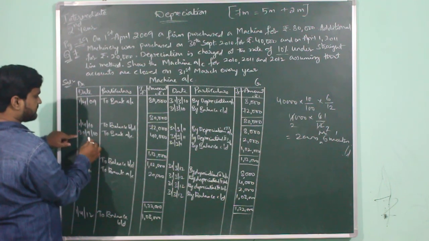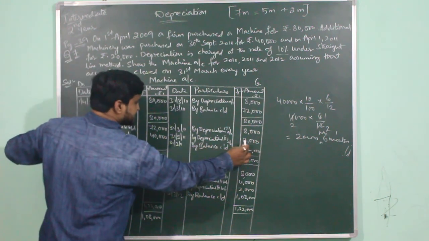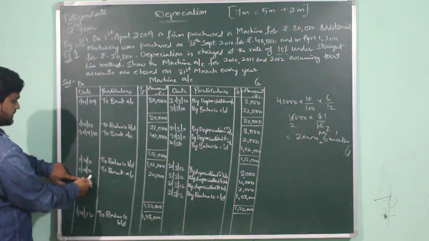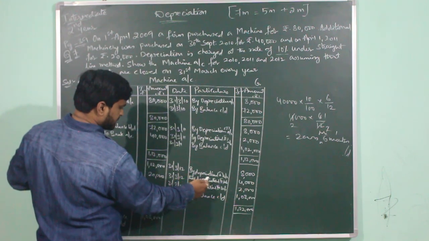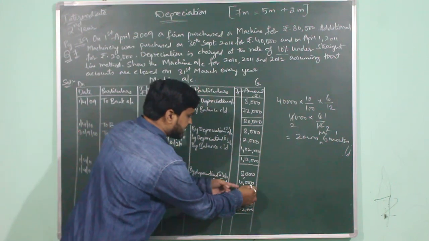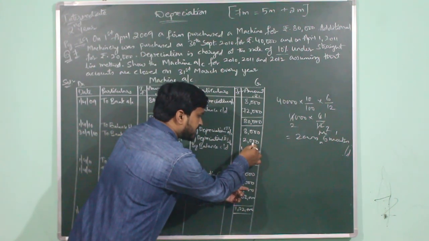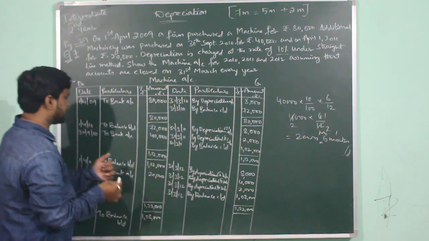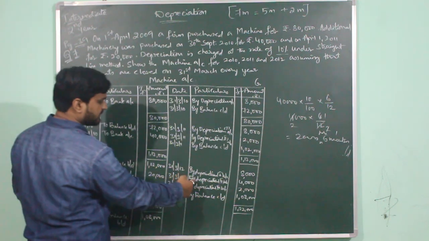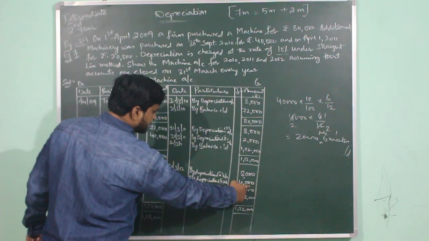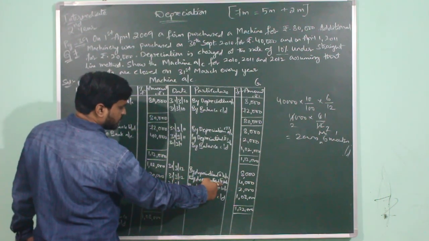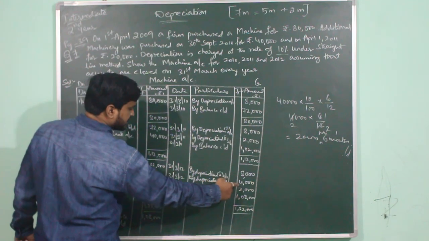So in second year we have provided depreciation on second machine for only 6 months, of which the amount is taken as 2,000. But coming to the year 1st April 2011 to 31st March 2012, here the second machine is also being used for 1 full year, so the annual depreciation will be taken as 4,000 instead of 2,000. Here we have taken 2,000 because the machine was used only for 6 months from 30th September to 31st March 2011. But here the machine is being used for full 1 year, so the annual amount of depreciation on second machine will be taken as 4,000, which is written on 31st March 2012 as by depreciation account. It means that depreciation provided on second machine is 4,000.